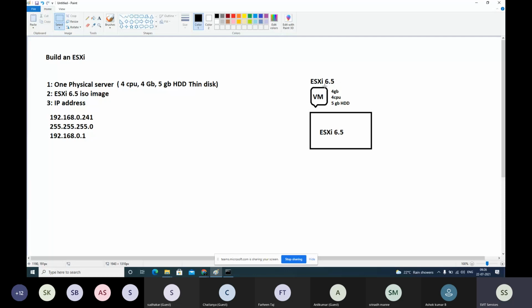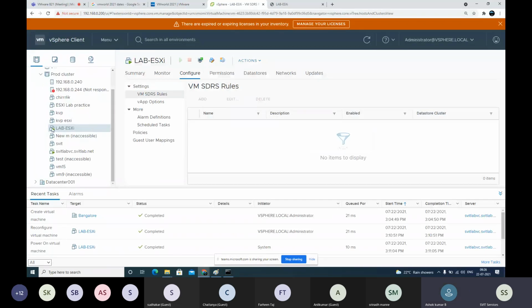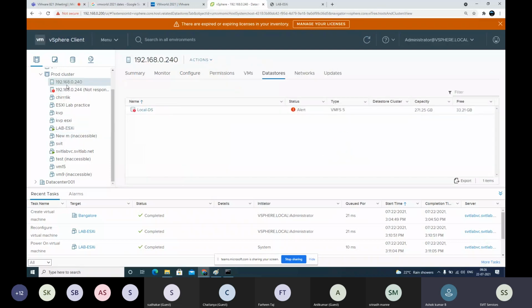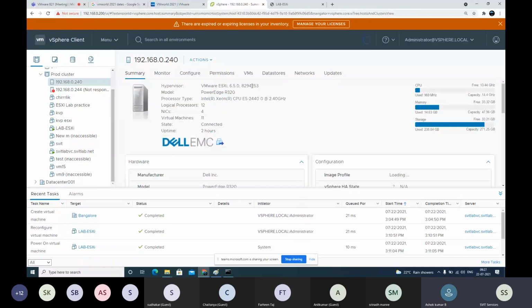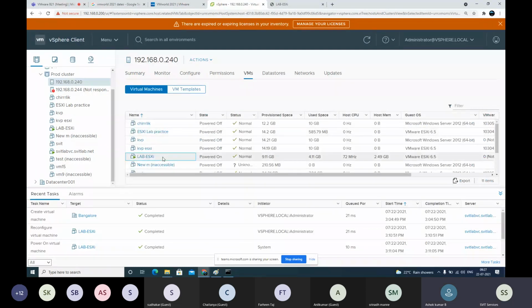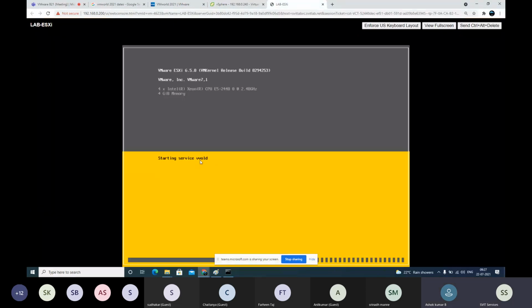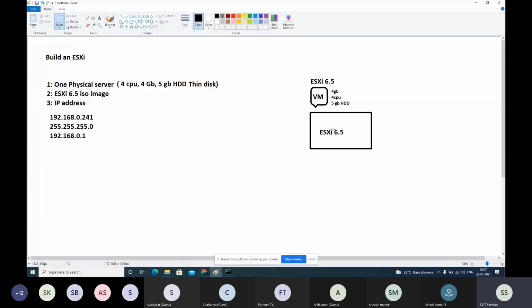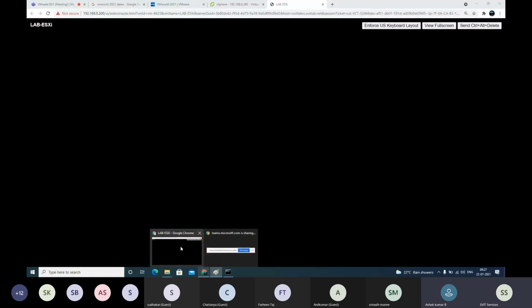I'm installing inside this VM. Okay, lab ESXi. So already it was there in ESXi, and on top of that you have built the VM. Correct. This is the physical server in our lab. If you go to the summary tab, it's already running with ESXi 6.5. On top of that, I have created a VM called lab-ESXi. In that, I'm installing ESXi OS again. Okay, sir. Thank you, sir. That's what we referred here. The image also refers to the same. Clear, Rashad? Clear, sir. Thank you.